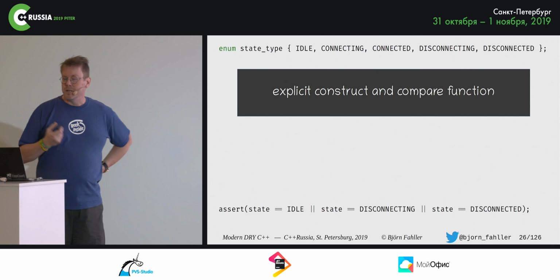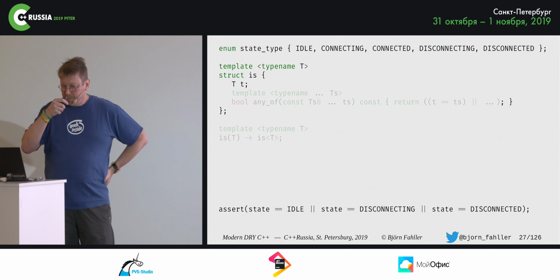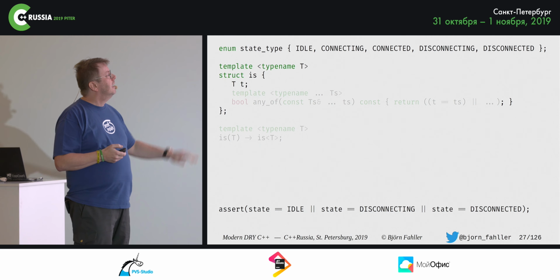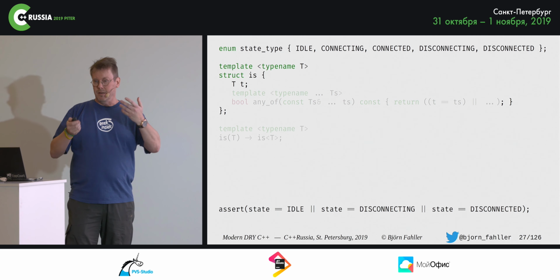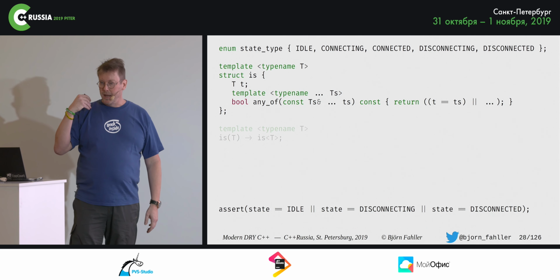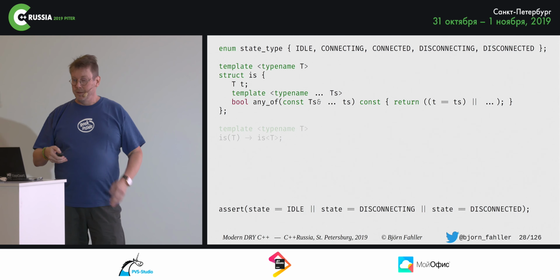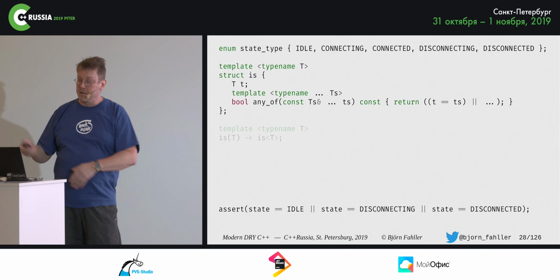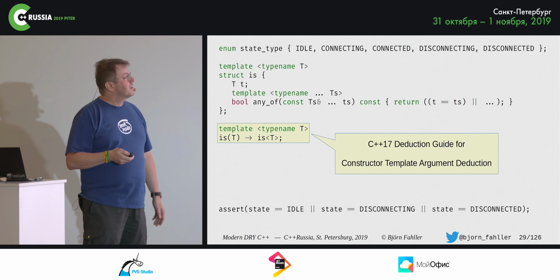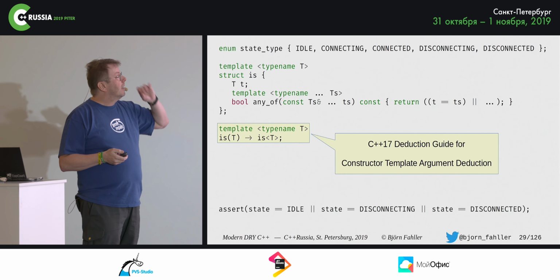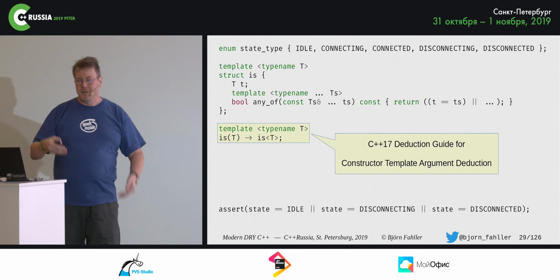But we can be more explicit and construct something with a named compare function. So if I have a templated struct is that takes a T, and we have a templated member function any of that takes a number of parameters and does the fold expression that you have already seen a number of times. And then from C++17 we have constructor template argument deduction, CTAD,